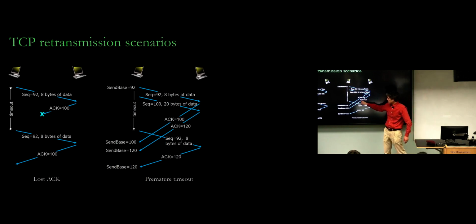But it eventually does get these acknowledgments, and it increments send base, which in this case means the offset of the next data it's going to send, the sequence number of the next data it will send. At this point, it finally realizes that 100 was acknowledged, so it can start sending the data after 100. And then later, 120 was acknowledged, so it can start sending the data after 120.